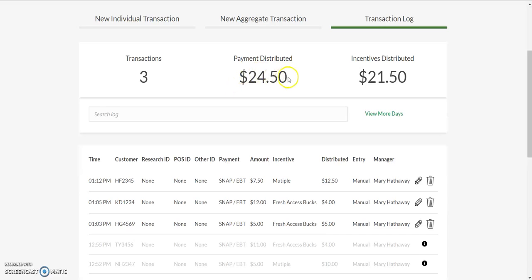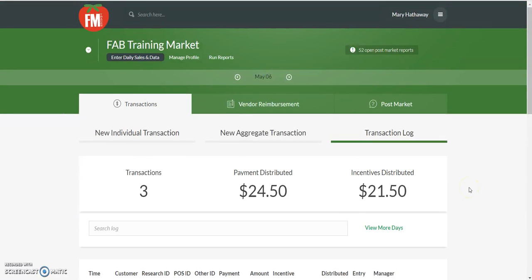I distributed $24.50 in SNAP. I gave $21.50 in Fresh Access Bucks. So that's a good thing. I see my transaction information here. And I'm going to go ahead and move on then